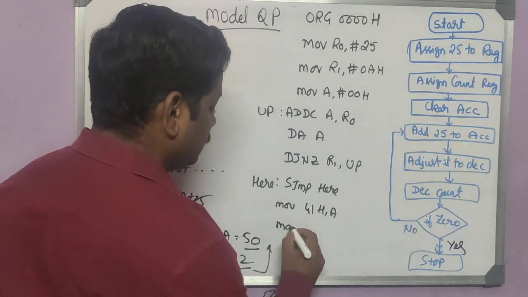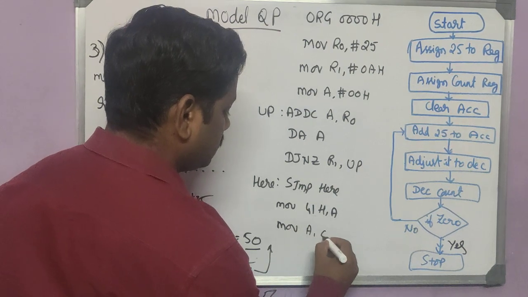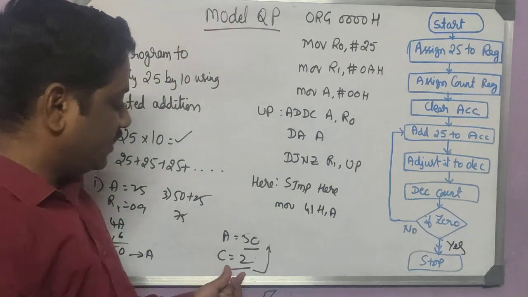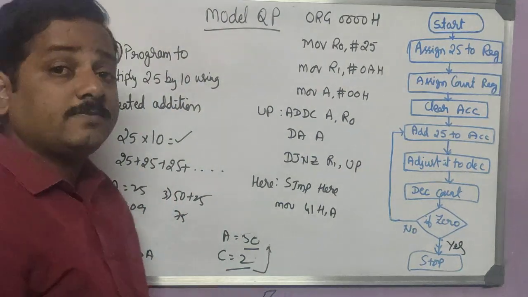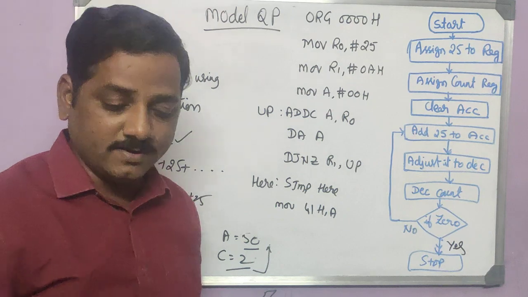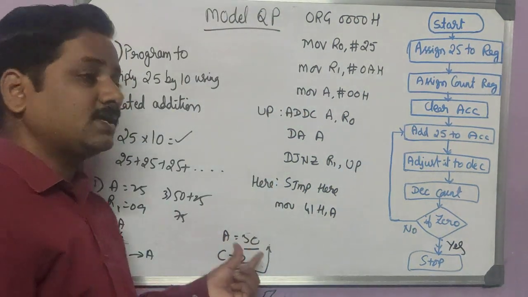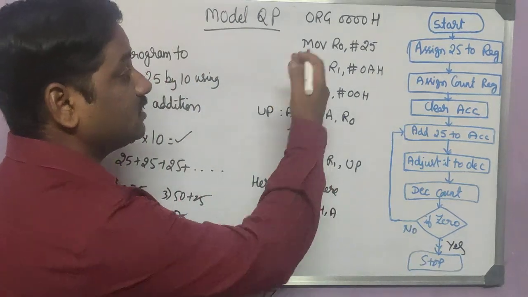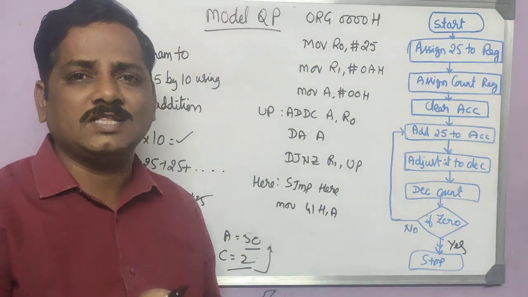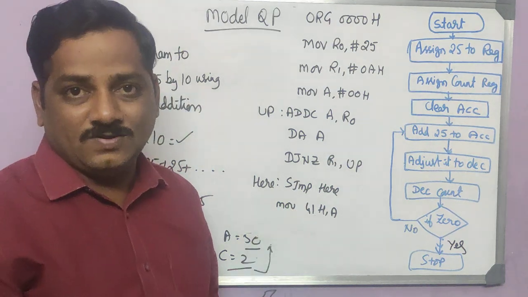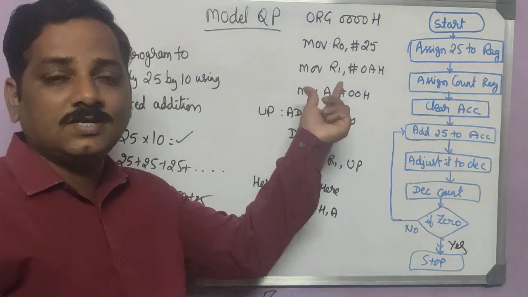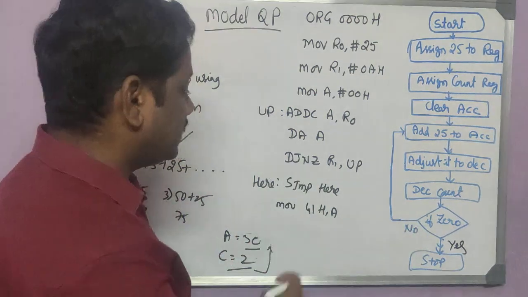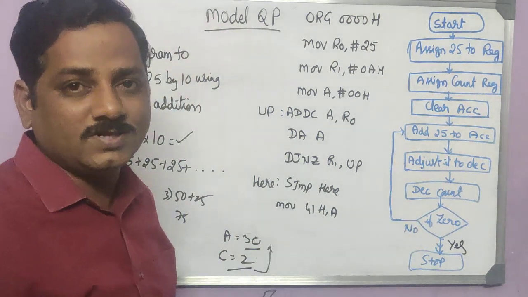So you can take it as move, just a minute. Okay. So whenever we have a carry, we cannot write MOV A, C. That instruction is not valid. So what I can do, whenever there is a carry, we have to increment a register. For that you need to assign another register. So that will become a bit lengthy program. Here it is not necessary. What you can do is add one more register, that if there is a carry, it will get incremented. And then from there you can take it to 42H. That is how you can do it.